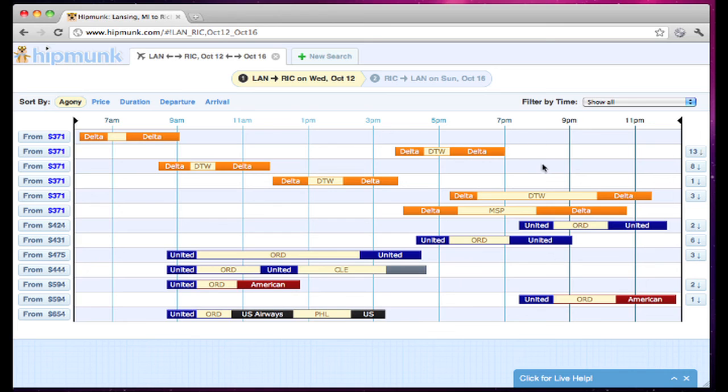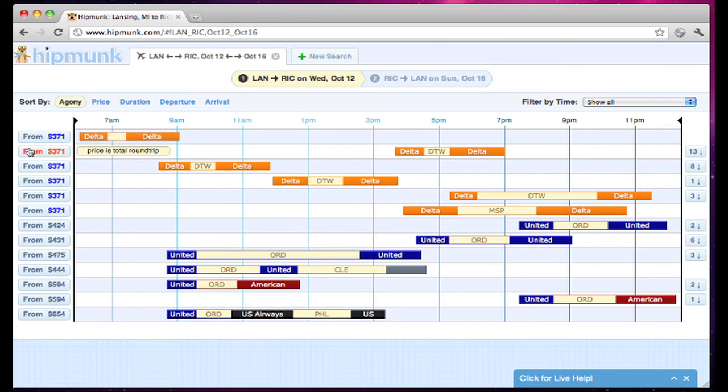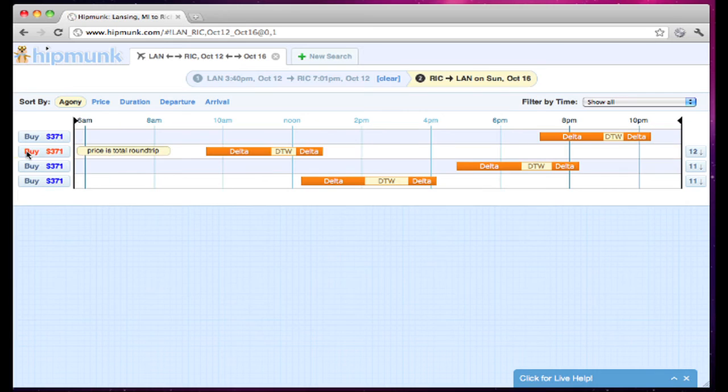So let's just say, you know what, I kind of like this flight here, 340 to 701. Seems reasonable. I'm going to try and pick it. I saw a link here, select this leg. I'm just going to ignore it for now. I'm just going to click this one. From 371, okay. So it looks like it switched me from one leg to another, and it's even telling me, this is what you picked. And